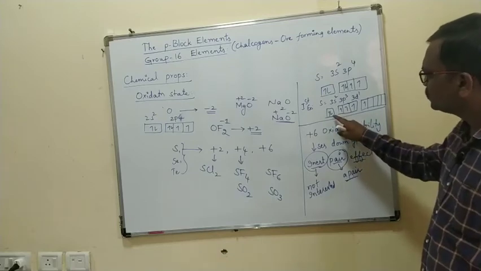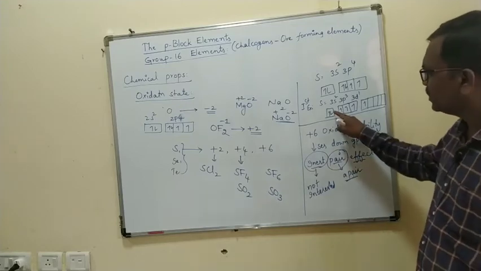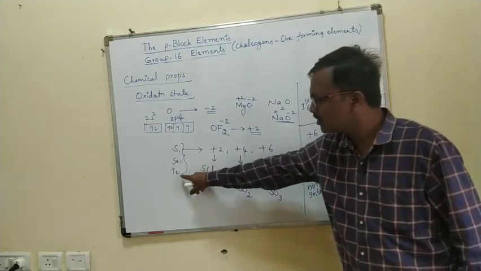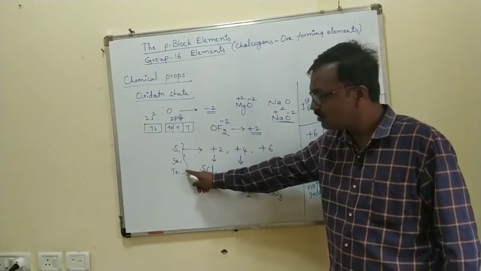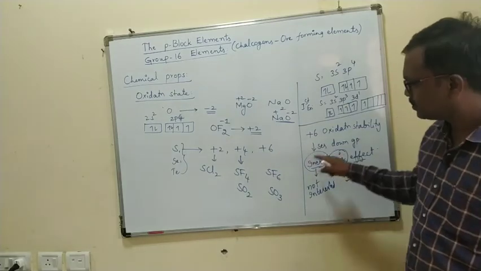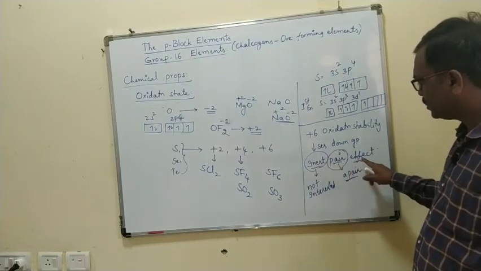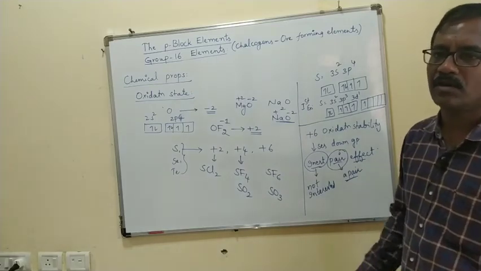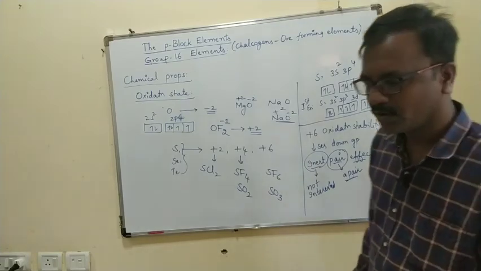That's why it can stop, it does not go into the second excited state. It stops at the first excited state. That's why +6 — that means tellurium does not show the +6 oxidation state. Selenium shows the +6, but tellurium does not. Sulfur shows the +6 oxidation state. So +6 oxidation stability decreases down the group due to the inert pair effect. A pair of s electrons is not interested to participate in the bond formation. That's why you call it the inert pair effect. This is about oxidation states.